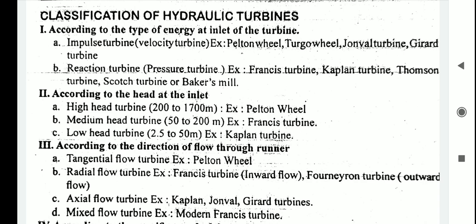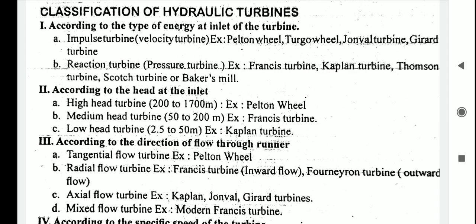Okay, so hydraulic, that is water. Water turbines are the machines which convert the water energy into mechanical energy, right? The water energy may be either in the form of potential energy, as we find in dams and reservoirs, or the other form, kinetic energy in flowing water, right? The shaft of the turbine is directly coupled to an electric generator which converts the mechanical energy into electrical energy. So this is known as hydroelectric power, right?